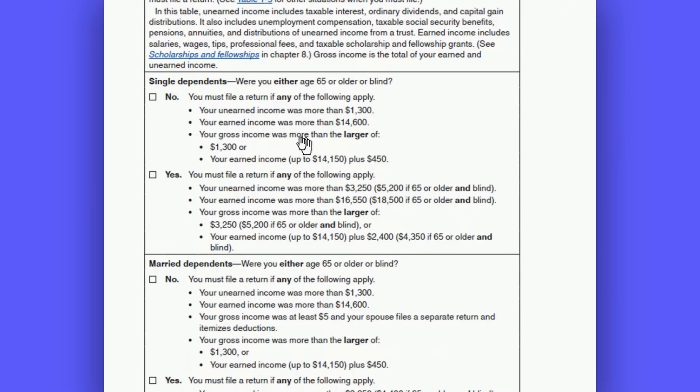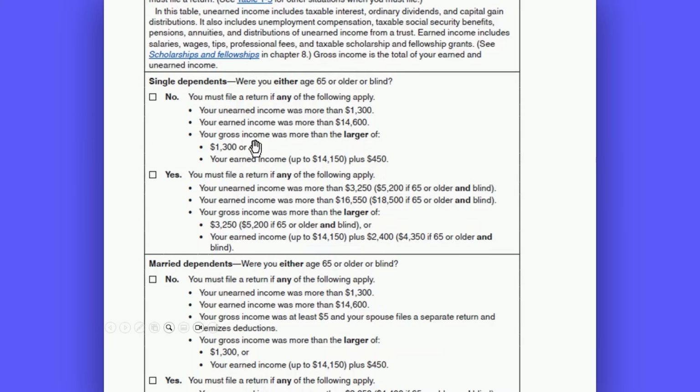Well, if they have earned income of $14,600 or more, then just like everybody else on that previous chart, they need to file their own separate tax return. And then the final category is if their gross income, so the combination of their earned and unearned income, is more than the larger of $1,300 or their earned income plus $450, then they must file